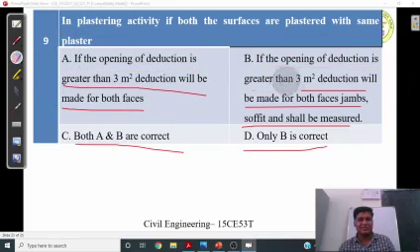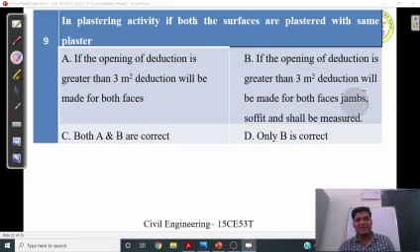So the right answer is option C, both A and B are correct. As I told you in the last slides, if the opening size is greater than 3 square meter area, you have to completely deduct it. Okay. Then you have to add the